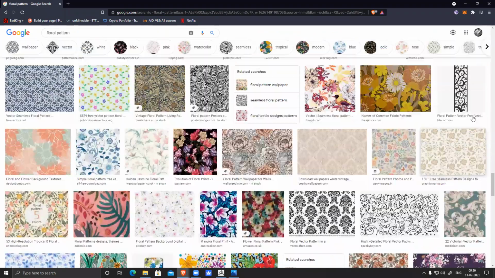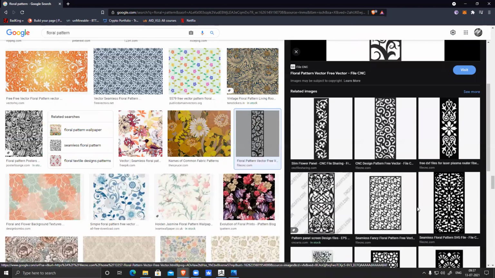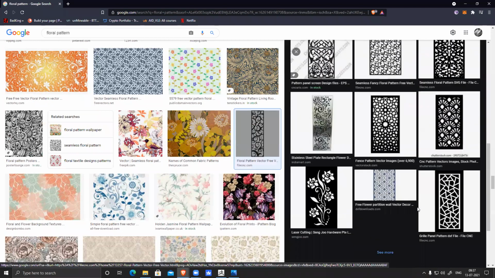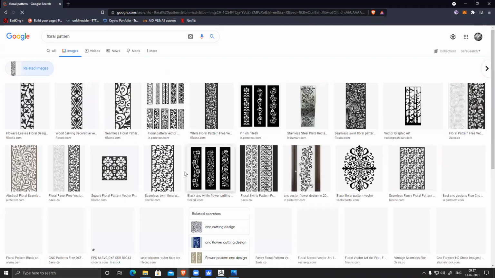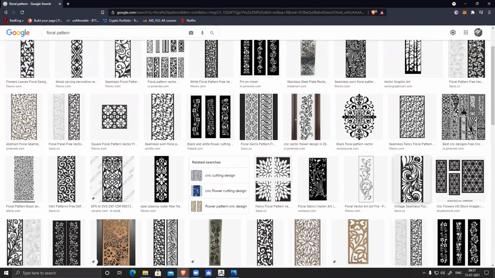Floral pattern, like something like this, but it's not accurate. Let's see, more like this. Something like this actually, but it's more flowery.